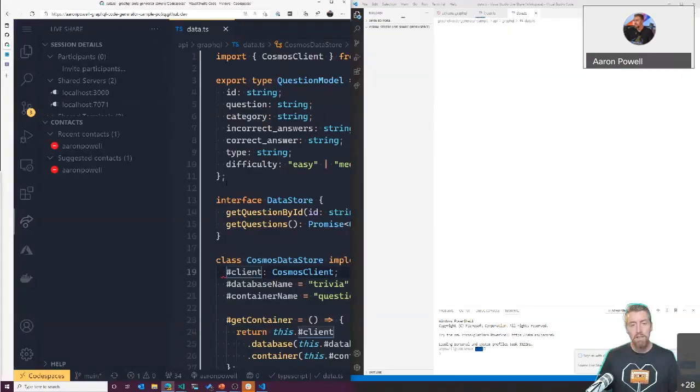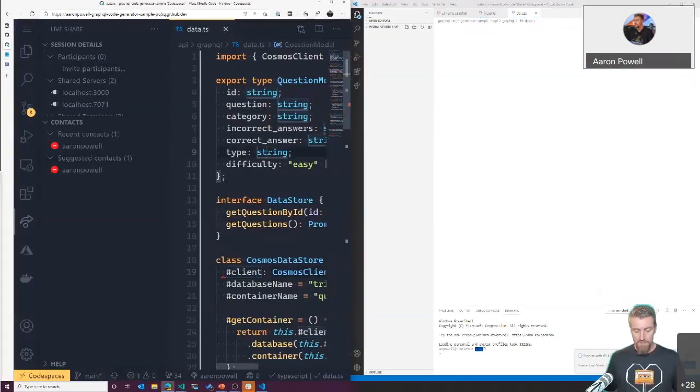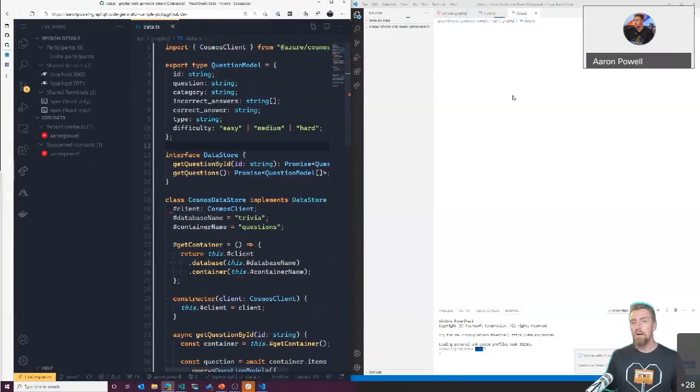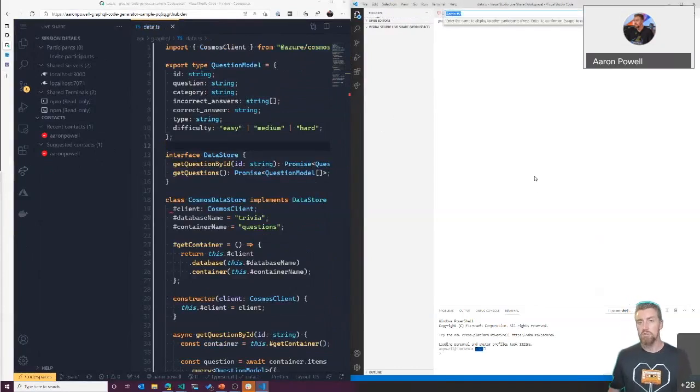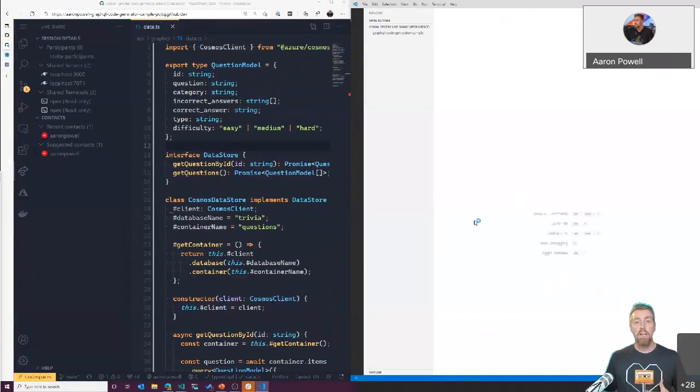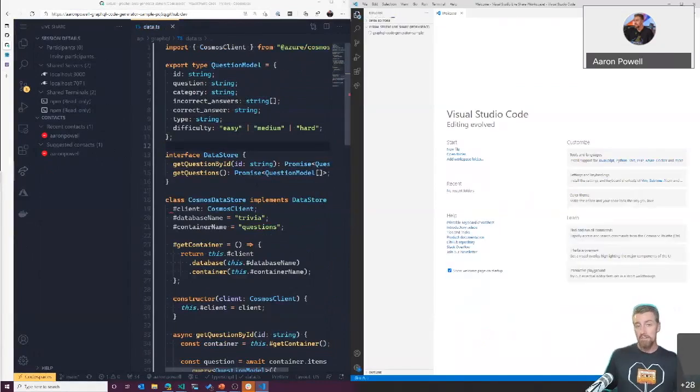And I'll come over, we'll put these side by side, and then I'm just going to have to zoom out this editor a little bit. Otherwise, it's going to be too hard to see absolutely everything. Okay, so I'm going to continue as anonymous, and we'll just call this Aaron2. And what's going to happen is that my host, so the browser window on the left, is going to get a notification that someone is trying to connect to it.